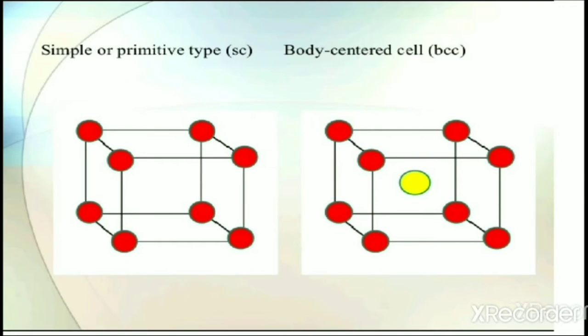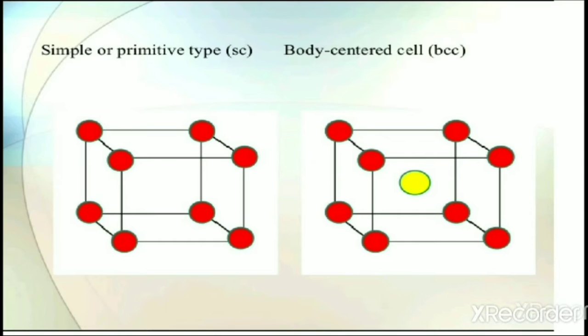In the case of primitive unit cells, when particles in the unit cell are present only at the corners, it is called a primitive unit cell, or simply a simple unit cell. Centered unit cells are those where particles are present at other positions in addition to those at the corners in a unit cell. There are three types of centered unit cells: body-centered unit cells, face-centered unit cells and end-centered unit cells. Among these, the main important ones are given below, starting with the simple or primitive unit cell.